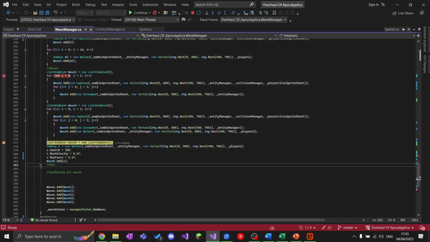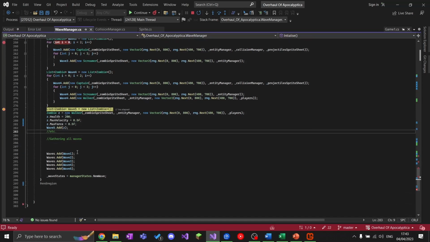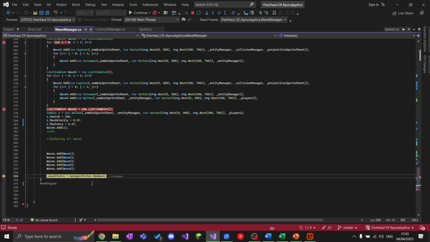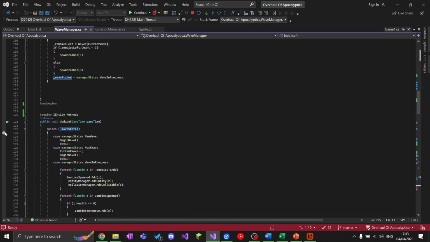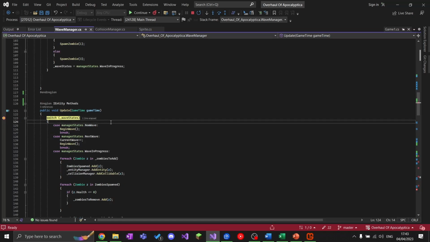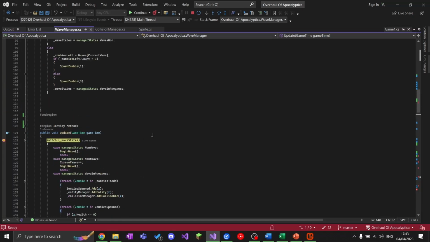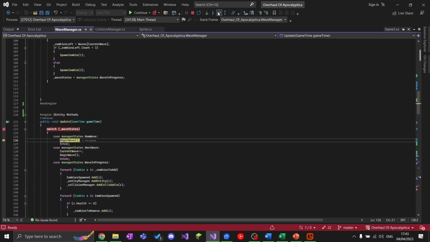This is then added to the wave, and then added to waves in total, collating all of these zombies into one big list of lists, which can then be loaded at any time to create each individual wave. The state is then changed to new wave, which is then used to communicate in the update menu. When we go to update, the wave state, which is in this case new wave, is used in a case statement to go through and act accordingly. In this case, we're on new wave, so we go to begin wave,